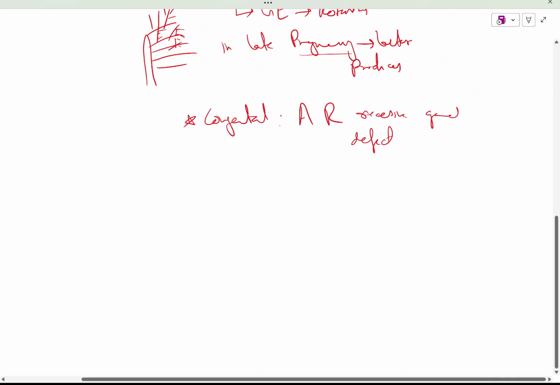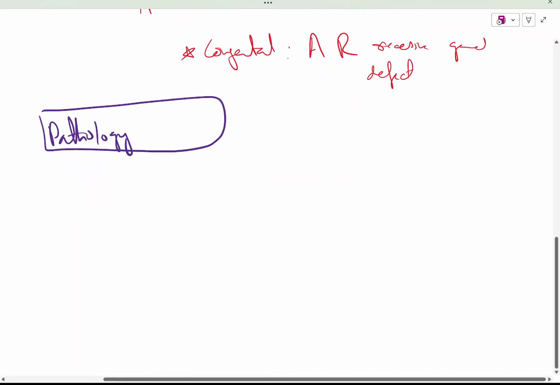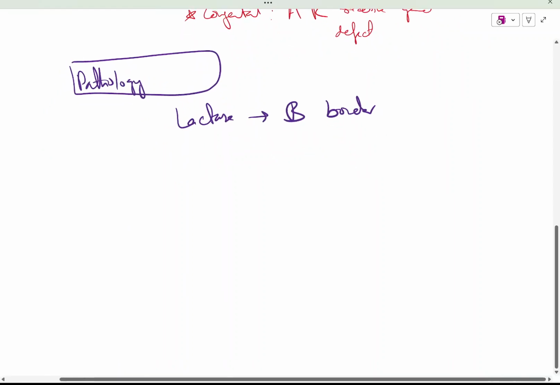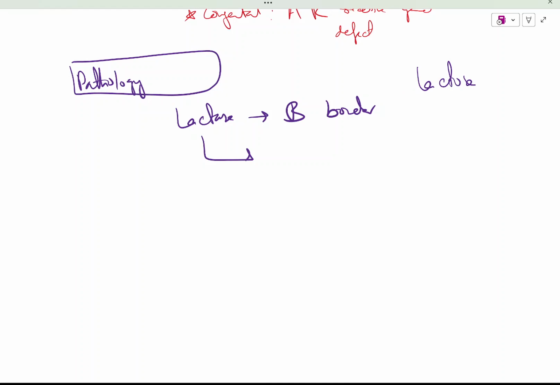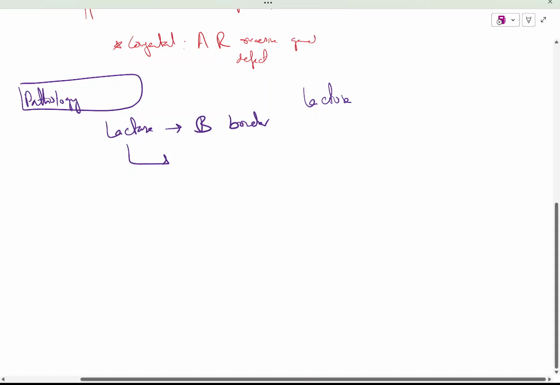So what is the pathophysiology? How does this clinical feature of diarrhea develop in a lactose intolerance patient? As I already told, lactase is produced in the brush border of the small intestine. This lactase cleaves lactose. Lactose is a disaccharide combination of two 6-carbon compounds, glucose and galactose. Lactase cleaves the bond between them